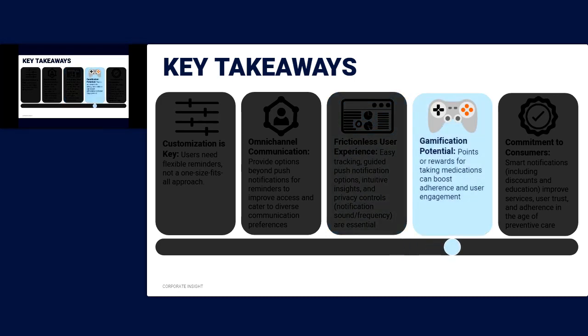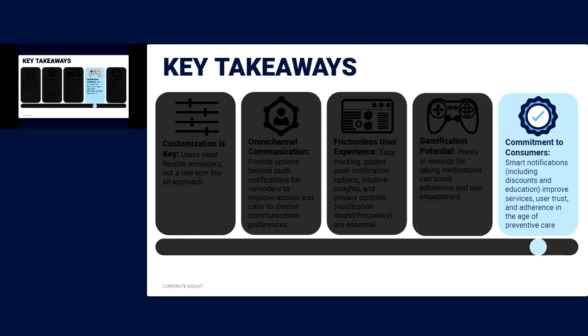The inclusion of gamification elements presents an exciting and severely underutilized opportunity in the space, as none of the firms in our analysis feature a gamified approach to medication dosage reminders and tracking. Specifically, elements like awarding points or badges for taking medications consistently could significantly boost adherence and user engagement. So this strategy not only benefits users by promoting positive health behaviors, but it also creates a stickier app. And ultimately, a frictionless, user-first mobile experience will foster that sort of trust, and it does demonstrate a pharmacy's commitment to its